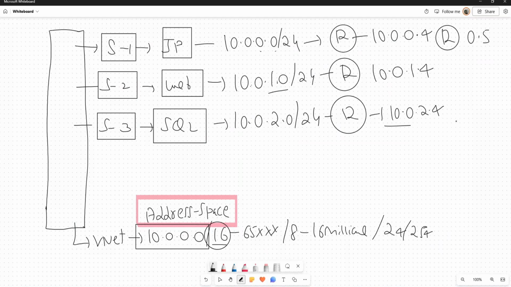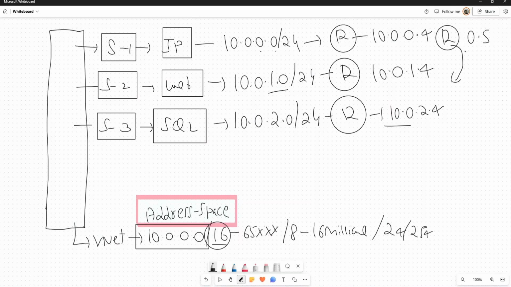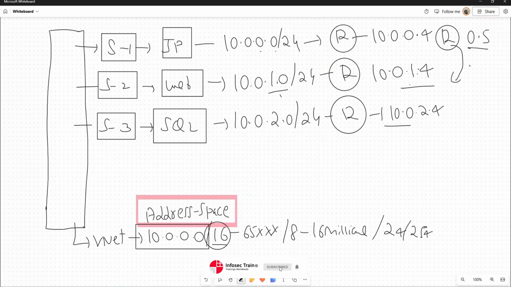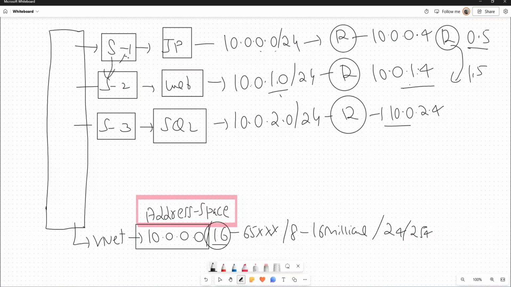So like that, you divide the subnets, and you can move the VM between the subnets. For example, I move this VM here. So the 0.5 IP becomes, what is my new subnet? Subnet 1. 1.4 is already allocated, so it got a new IP, 1.5. And by default, we have communication between all the subnets. All the subnets can talk with each other by default as an architecture.